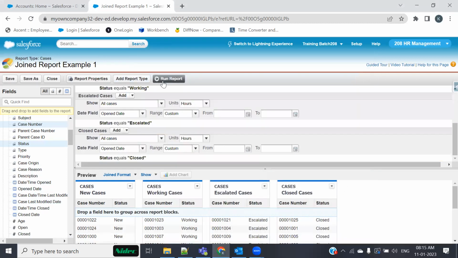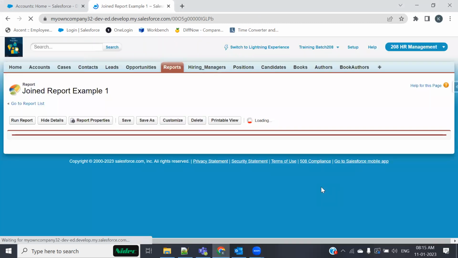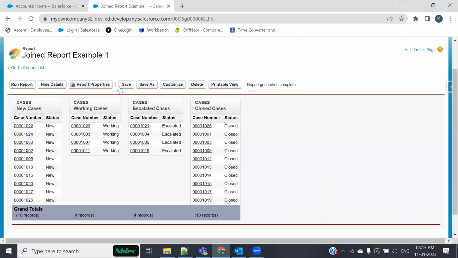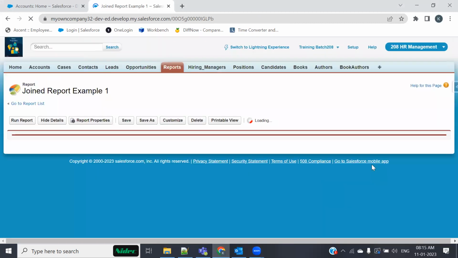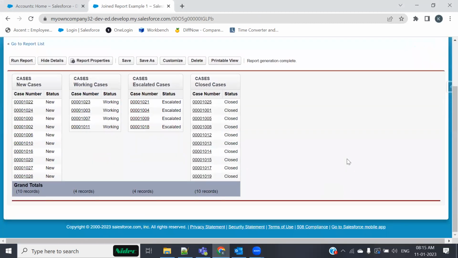Let me bring this. Now if I run this report, see. This is what it means by a joint report. You can see multiple reports of the same type. If one is on the case, all of them would be on the case. If one is on the count, all of them would be. So it's not like you see multiple objects. That is also possible, but that is going to be discussed with a separate topic, a topic called report type. I'll tell you about that later, we will talk about it.